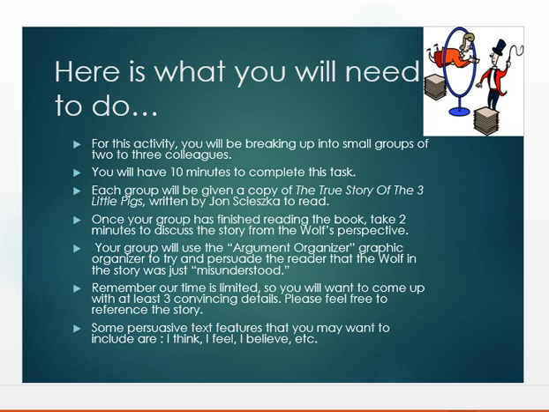For this activity, you will be breaking up into small groups of 2 or 3 colleagues. You're going to have 10 minutes to complete this task, and each group will be given a copy of The True Story of the Three Little Pigs, written by Jon Scieszka, to read. Once your group has finished reading the book, take about 2 minutes to discuss the story from the